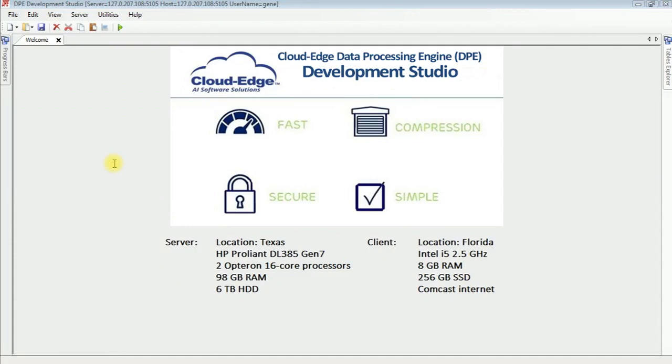This is Gene D'Angelo. For these training sessions, I am working on a client PC located in Southeast Florida, and I am signed on to a small server located in Plano, Texas. This session is broken into 3 parts, and this is part 1. In this session, I will review the fundamentals of building a program, or seed as we call it, in DPE